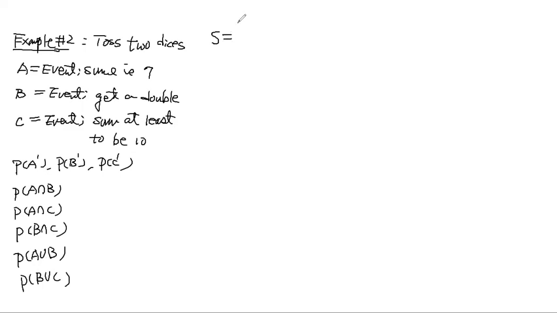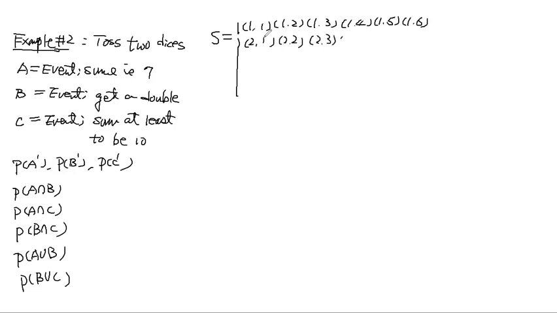So if I toss 2 dice, my sample space will be (1,1), (1,2), (1,3), (1,4), (1,5), (1,6), right? Then here, this is a 2: (2,1), (2,2), (2,3), (2,4), (2,5), (2,6). And then here, this is a 3: (3,1), (3,2), (3,3), (3,4), (3,5), and (3,6). And 4, 1,